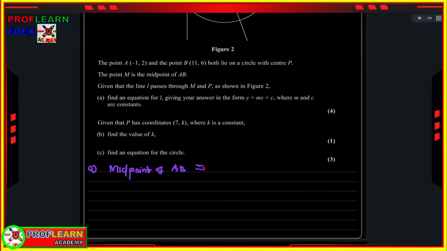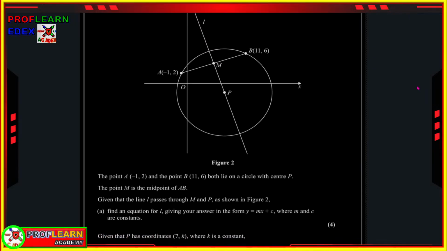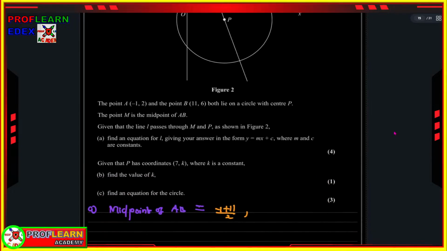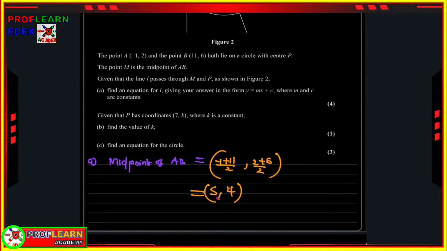And for us to get the midpoint, of course, we shall take -1 plus 11 over 2, comma 2 plus 6 divided by 2. So that's going to give us the midpoint in that case, and that's going to be (5, 4). Now,